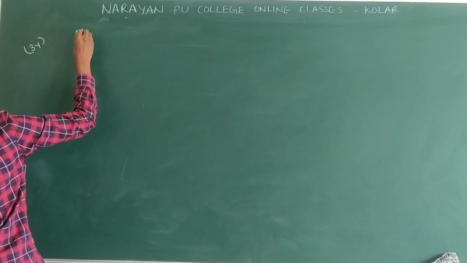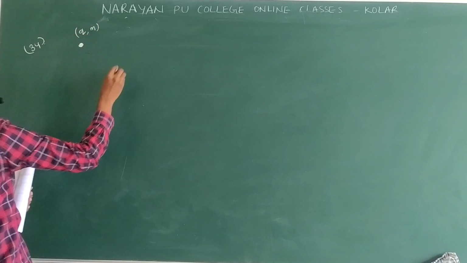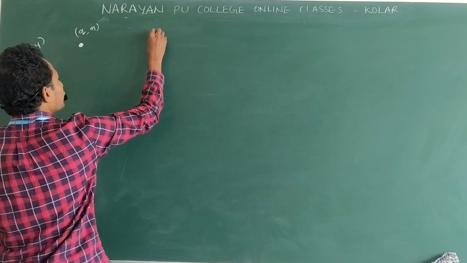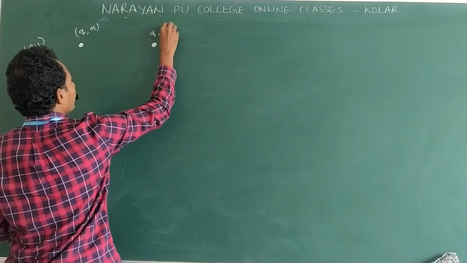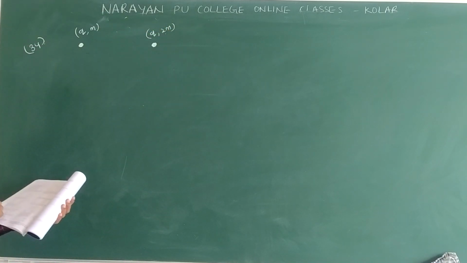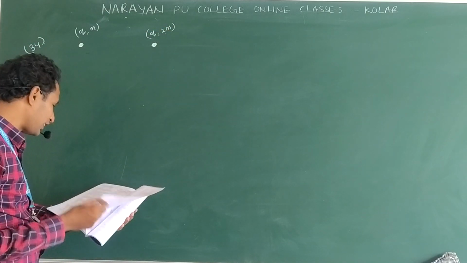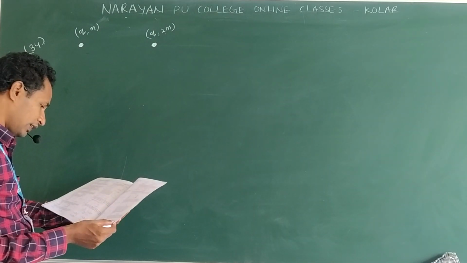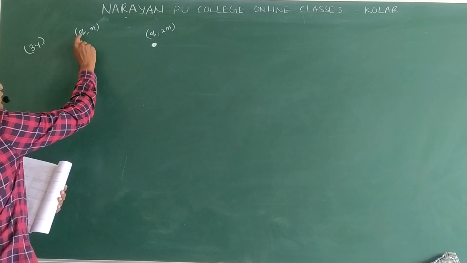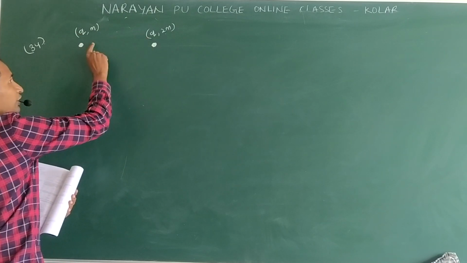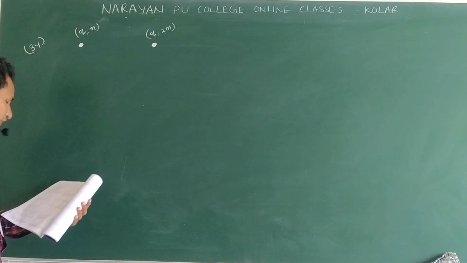Proton charge considered Q, mass m, and another charged particle is neutron. Charge remains the same, but mass is 2m. Clear? See, it is just like which question? The 27th question. But what is the difference? Only the charge is different. In the 27th question, they gave one positive charge and one negative charge. But in this question, they gave both positive charges.